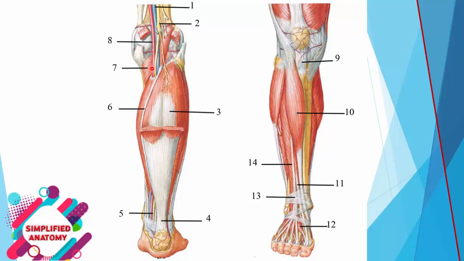The tibial nerve passes into the back of the leg and appears again here as number 5, also the tibial nerve in the leg. This muscle is cut, which is gastrocnemius muscle. This muscle, number 7, is popliteus muscle and number 6, a slender tendon, is plantaris muscle. After removal of the gastrocnemius, this deep muscle, number 3, is soleus muscle. Soleus muscle and gastrocnemius insert into this tendon, which is tendocalcaneus or tendo Achilles.